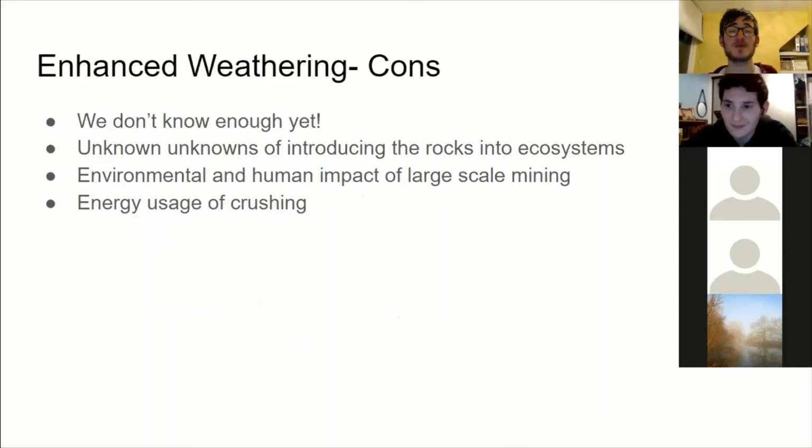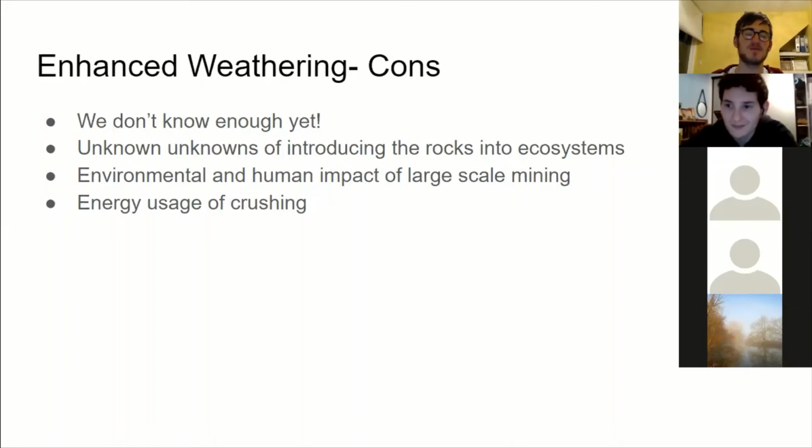We do know this: there's a huge environmental, a huge human impact of large scale mining. So if we're going to be doing this, and it's going to be compatible with keeping human development up, we need to be making sure we're doing this in a way that's respecting human rights, in a way that's going to respect people's health, because we don't want the solution to be worse than the problem.